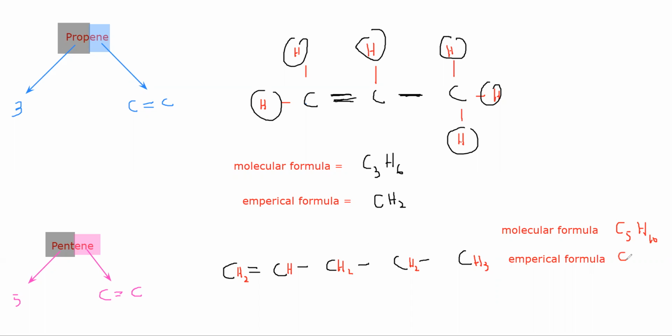Yes, Salman, you have a question? Sir, is it a must that all the carbon shells should be filled, like the 4 out of 4? Yes, all the 4, because otherwise it will not be stable. So in a structure, all the carbon bonds should be complete, or carbon should share all the 4 electrons to form bonds and complete the octet.